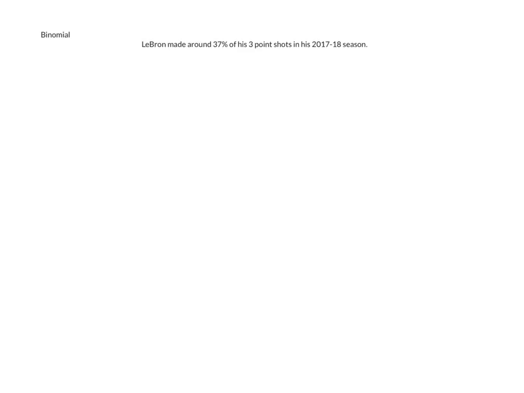So for our first example here, we're going to be delving into the controversial world of NBA three-pointers, and we're going to be looking at LeBron James, who makes about 37% of his three-point shots in 2017-2018. We're going to be comparing that to Steph Curry, who in 2017-2018 made about 42% of his three-pointers. So, to begin, we'll focus on LeBron here, and we can see he makes 37, so the question becomes,